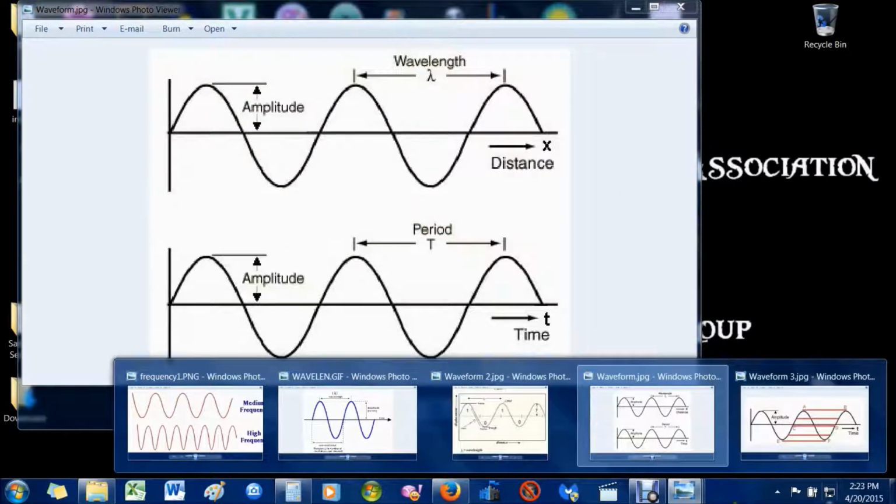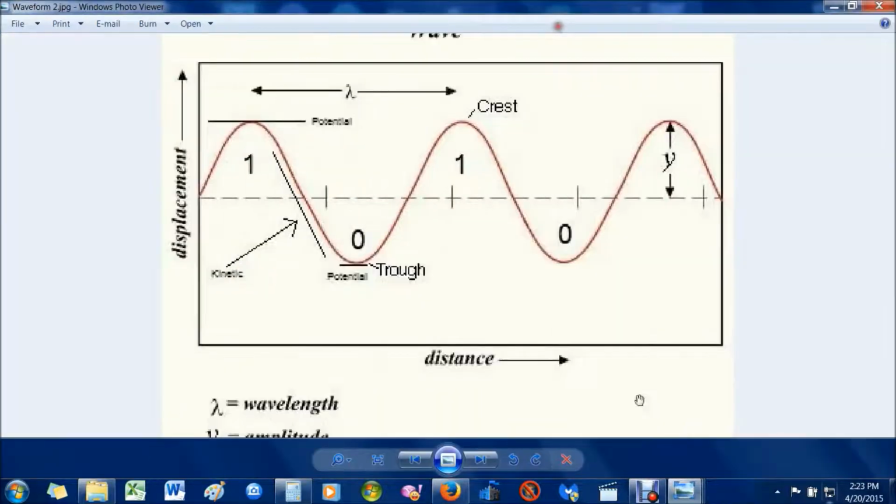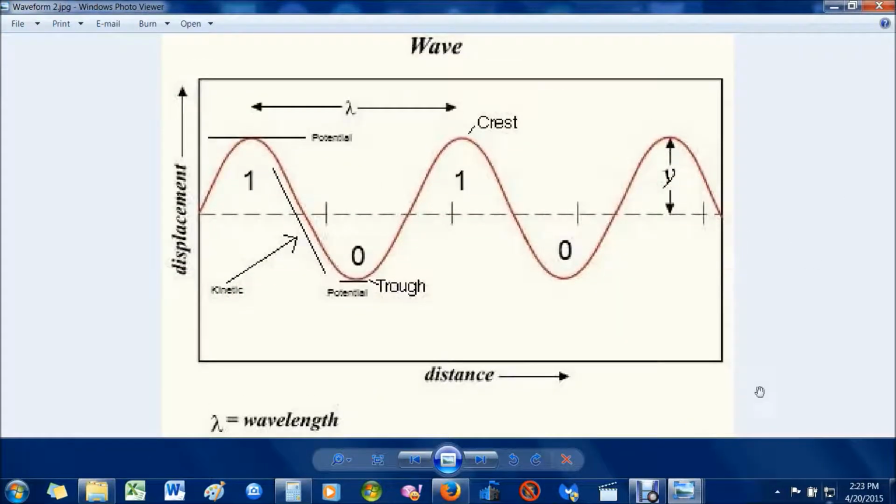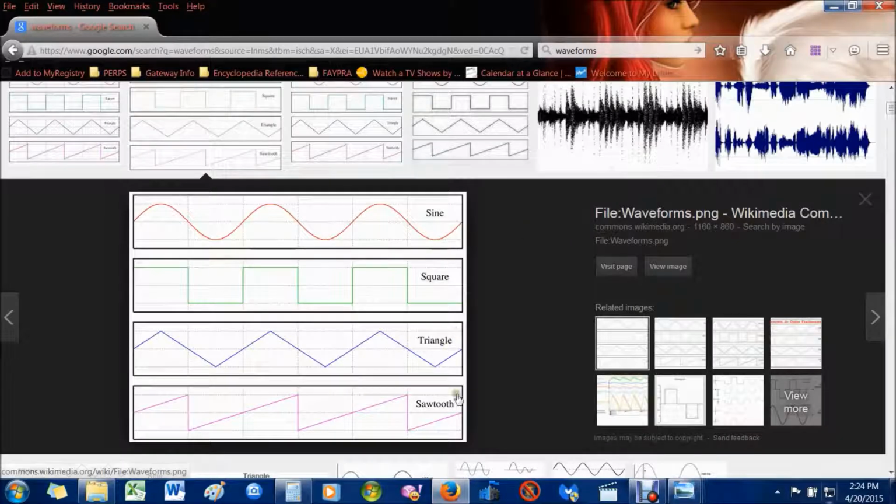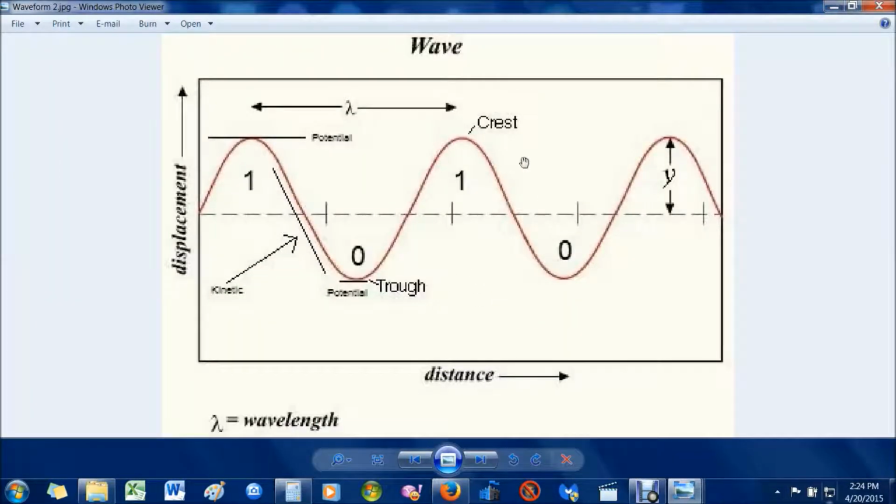Now I'm going to pull up this because this will teach you the actual anatomy of the wave. Now this wave is actually called a sine wave, and there are, I think, 4 types of waves. There's the square wave, actually you know what, I have it pulled up too. Sine, square, triangle, and sawtooth. These are potentially the different waves that you'll see depending on your signal. And you can Google this to learn more about them. But typically for audio samples, when you're using your analog and digital recorders, you'll get the sine wave. So let me minimize that. But all waves are going to